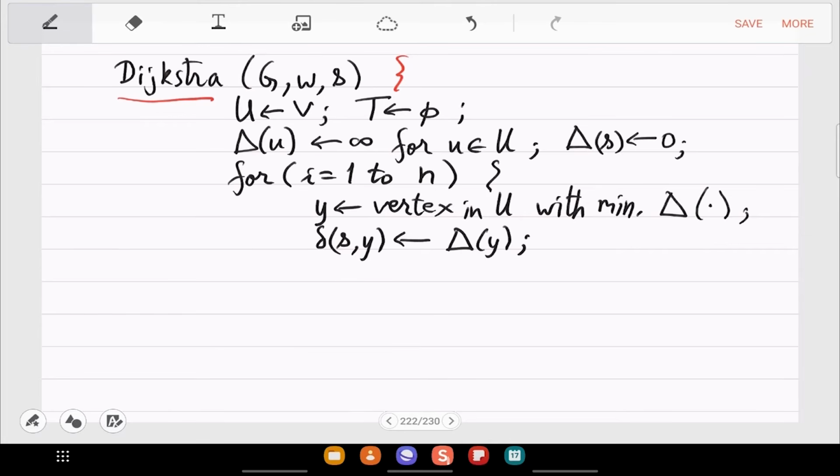Delta in the implementation, by the way, is an array. When you want to extract the min value, is array enough, or can you think of a better data structure for this? Yeah, you should use a heap, and automatically a min heap. So delta is a heap.